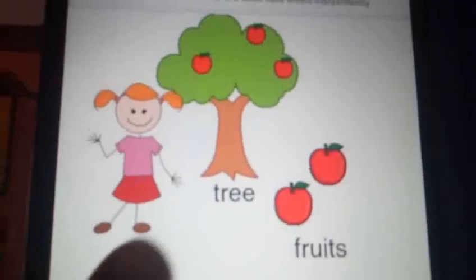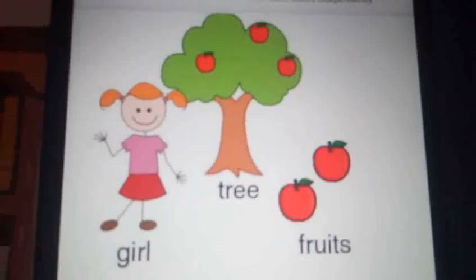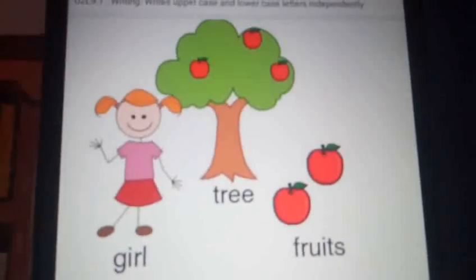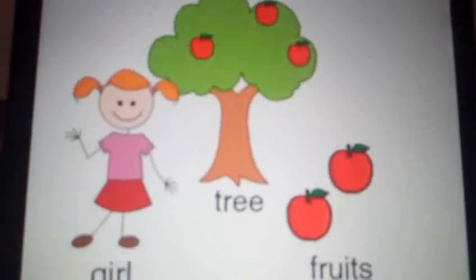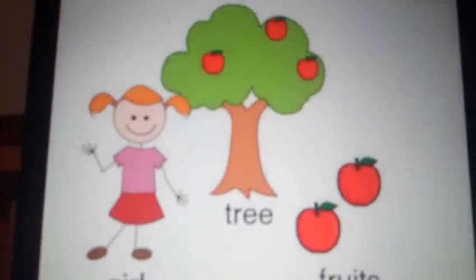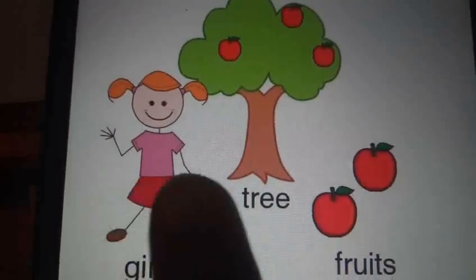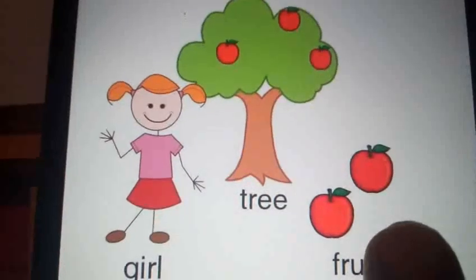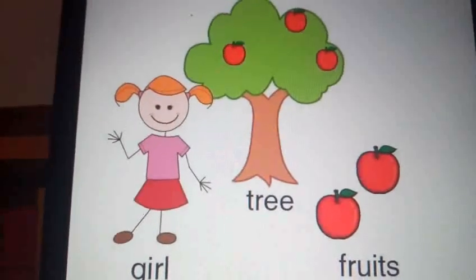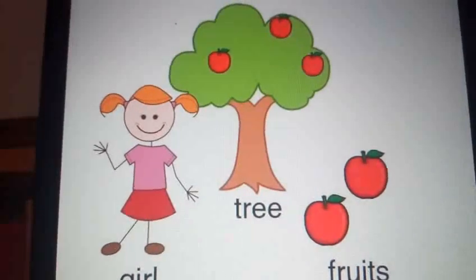What are those? Girl, tree, fruits. After that, we wrote some sentences also from this 6th unit workbook, right? Yes. From the first topic, products we get from trees. I will show that example from this first one. See that? This is me. This is a tree. This is fruit. We get many fruits from trees. We get apple from trees. I like eating red and juicy apples.